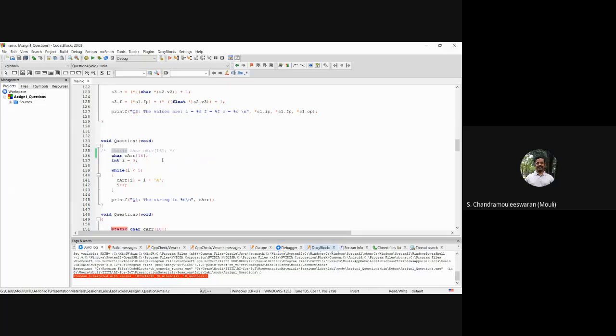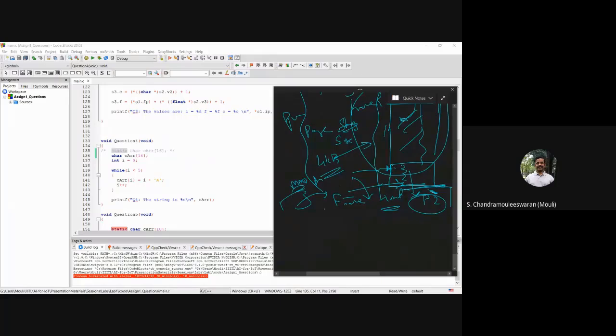But here, what happens when you declare a character array in local stack memory? Let me explain. What happens when you allocate an array of some 100 bytes in the stack? If it is 100 integers, 100 into 4 bytes, 400 bytes are allocated in the stack.